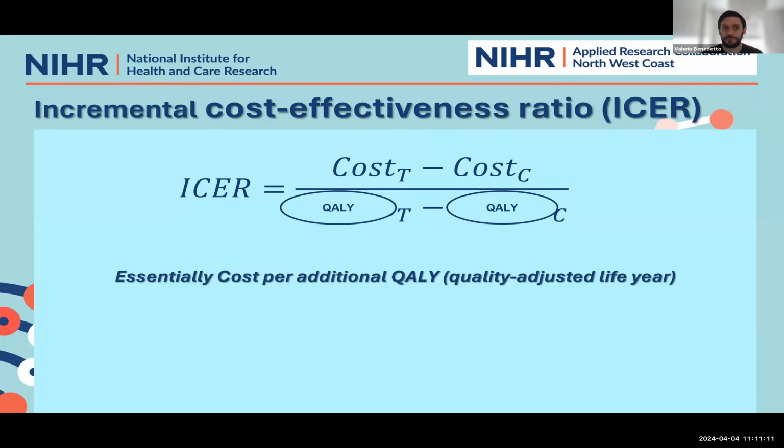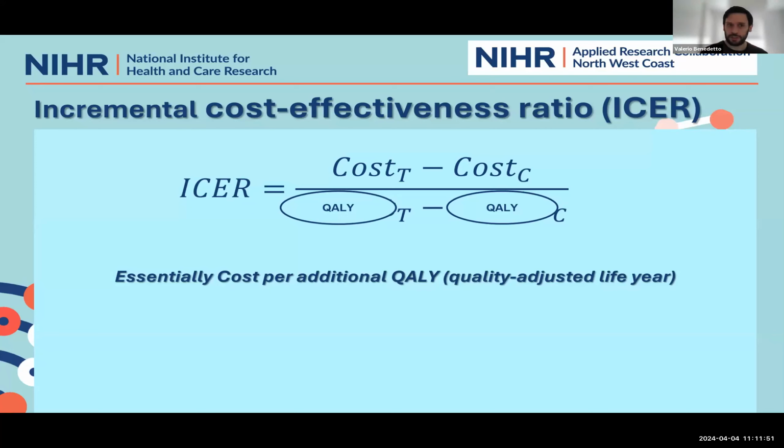How much does it cost me, for example, to have a point reduction in blood pressure? How much does it cost me to have one avoided hospital admission? How much does it cost me to have a reduction of, for example, 10 cigarettes smoked per day? Any type of benefit you can think of. Typically, we measure benefit using the QALY, the quality adjusted life year, but there are other examples which researchers use. But essentially, this is the concept. Is my investment worthwhile? Or is the investment of the healthcare or social care decision maker worthwhile?